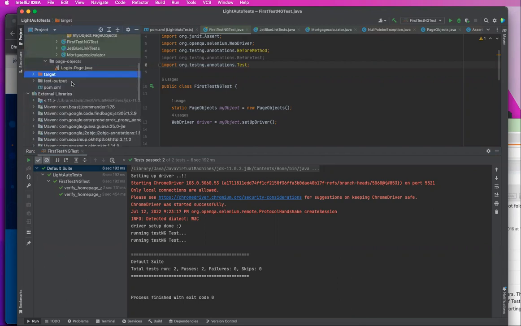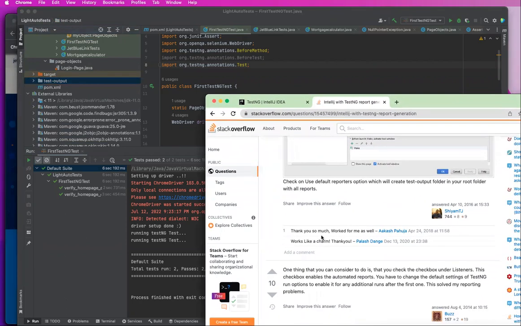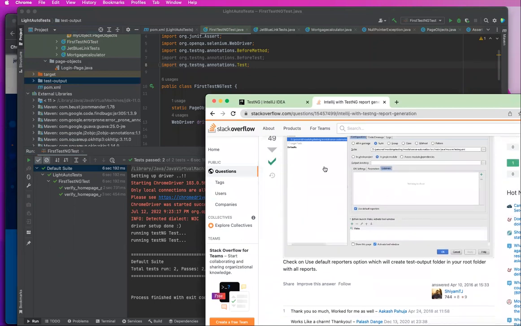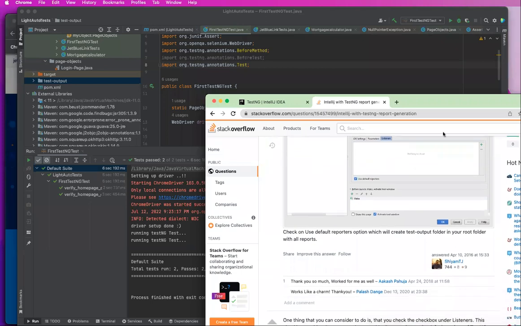It should be like an output folder. Okay, there we go. That's output right there. Now that we just learned, and honestly, with TestNG, the setup is